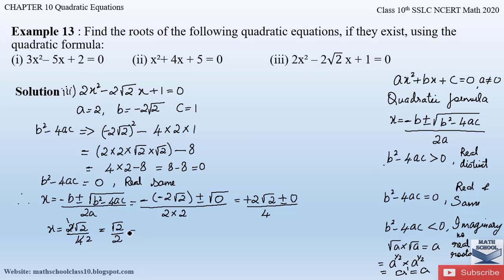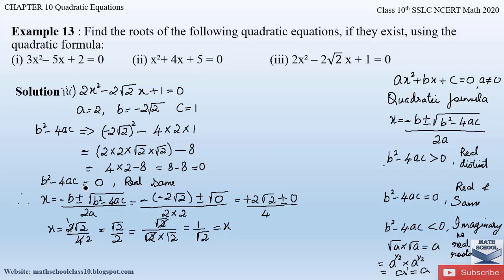Now here 2 can be written as root 2 into root 2, right? What is root 2 into root 2, we saw here was equal to 2. So again now we are writing 2 as root 2 into root 2 in the denominator. In the numerator again you have a root 2. So 1 root 2 in the numerator and the denominator gets cancelled. So we are left with 1 by root 2. That is the x value. So x is equal to 1 by root 2.